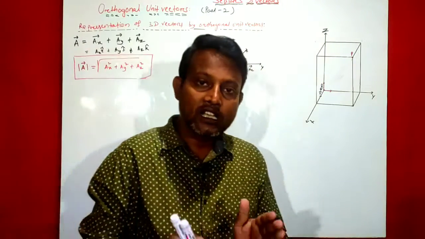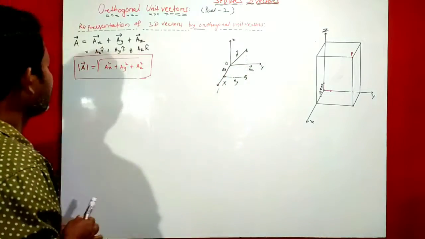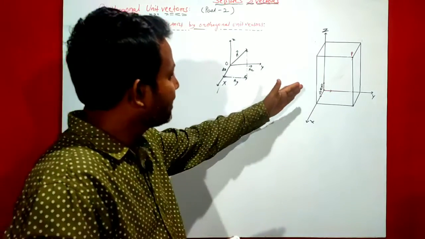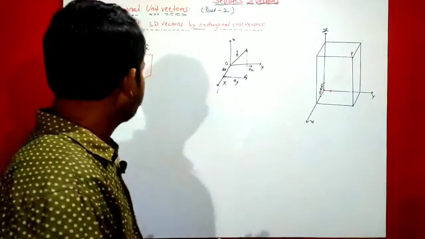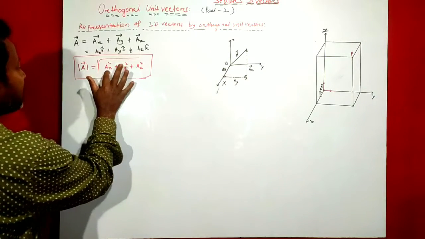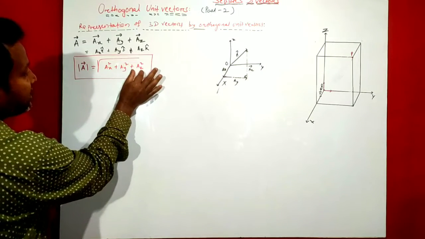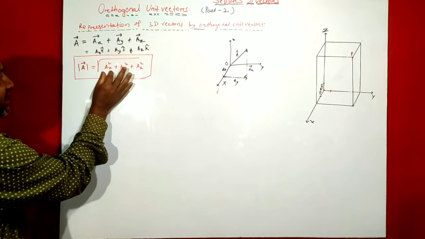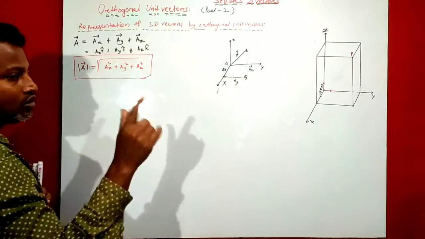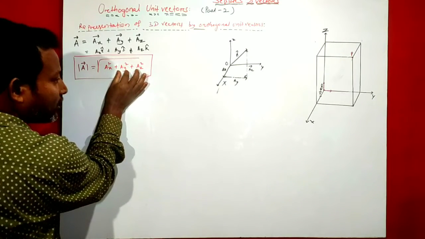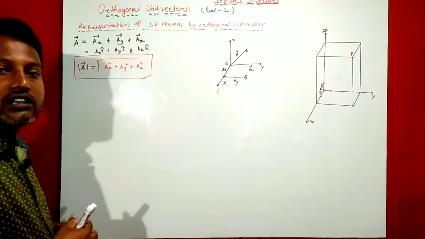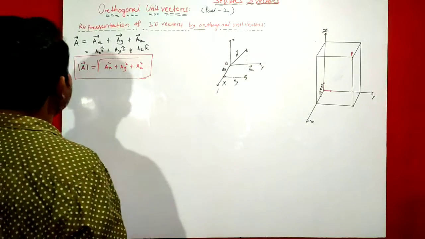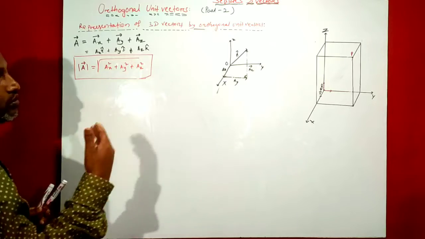So guys, a 3D vector gives three components, on the x direction, y direction, and z direction. These are the magnitudes of these three components. This is the magnitude of the ax component along the x axis, this is the magnitude of the ay component along the y axis, and this is the magnitude of the az component along the z axis. Let's see its proof. How can we prove it?